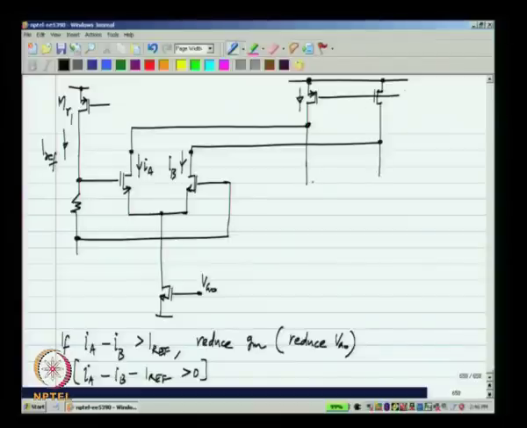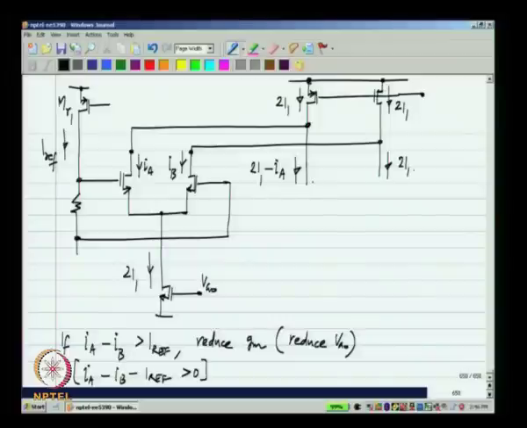And these bias currents will be 2I1, okay. It will be the same as this one, and by using appropriate current mirroring arrangements I can make sure that the current here is the same as the current there, okay. All I have to do is to bias this gate appropriately. So then what happens at this point, I will get 2I1 minus IA, and here I will get 2I1 minus IB, okay.